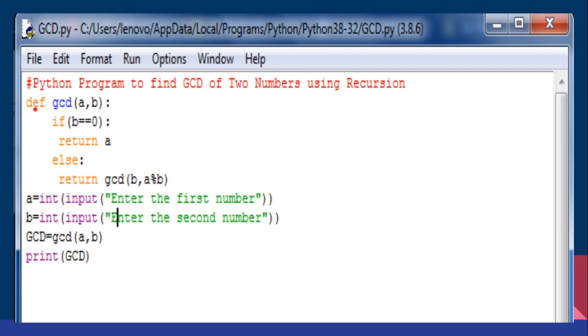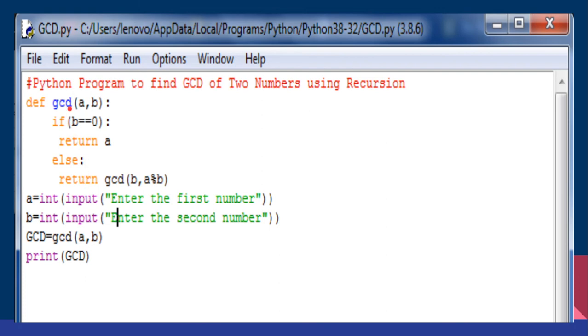After that, Python indentation is very important. For example, if this is the if block, the corresponding else block should start in the same column, and the block inside the if should start at least one space further in. Minimum one space will be considered as a next block. So now this is the full function from definition to return.